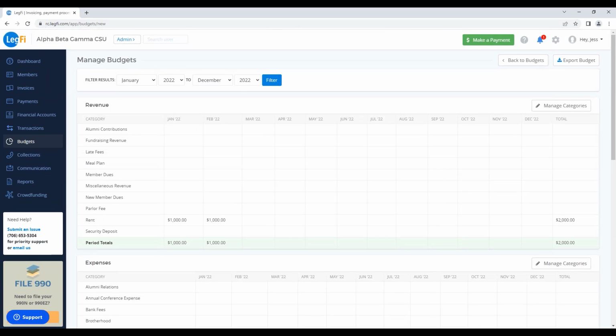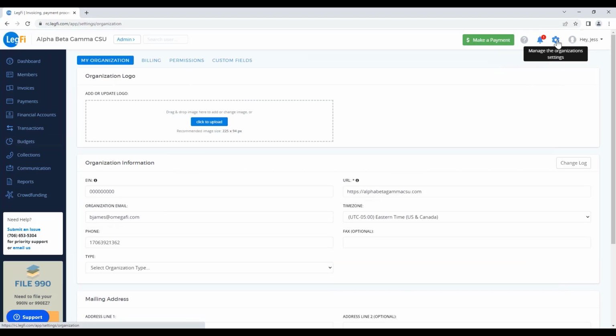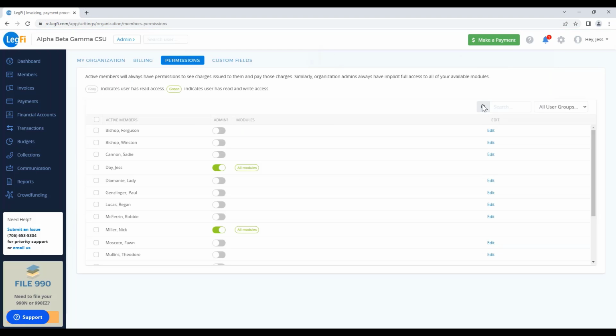So now let's look at how to update user permissions. To do that, you'll go to the gear icon, and then you'll click on Permissions. If you need to remove someone's admin access, you'll click on the button under Admin, and that will turn off their admin access. If you need to give someone certain access within LegFi, you'll click on the Edit link,